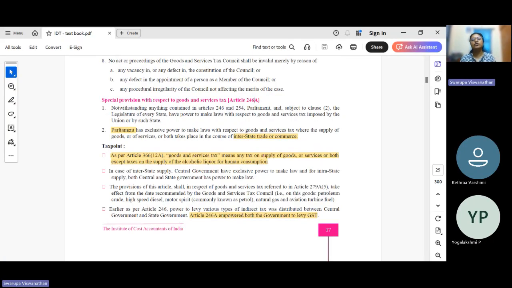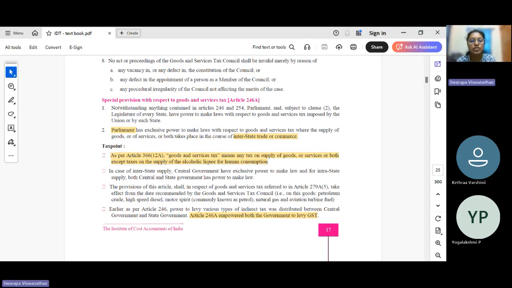Then Article 246A. It gives Parliament the exclusive power to levy tax on interstate trade. Okay. Article 366(12)A. What is goods and service tax? Goods and service tax is mentioned under the Constitution. What is goods and service tax? It is mentioned under Article